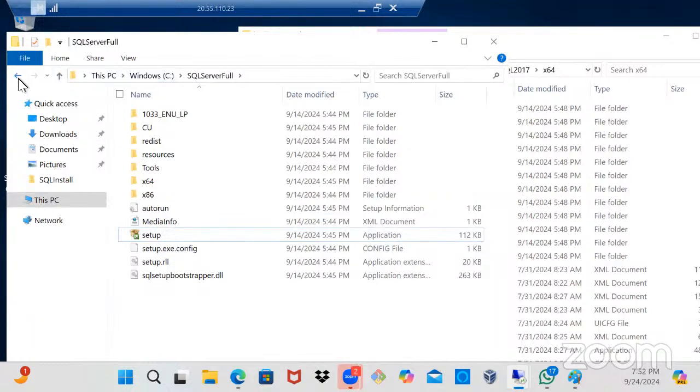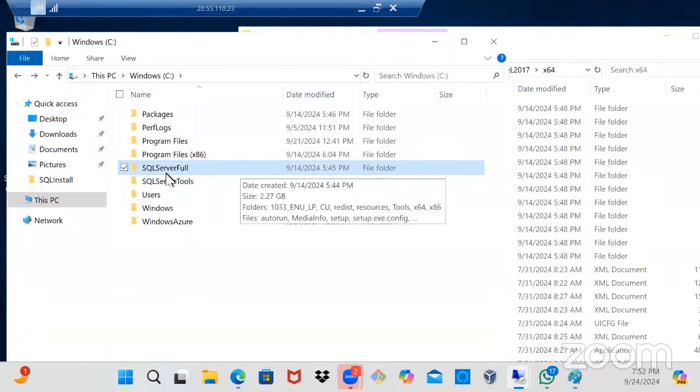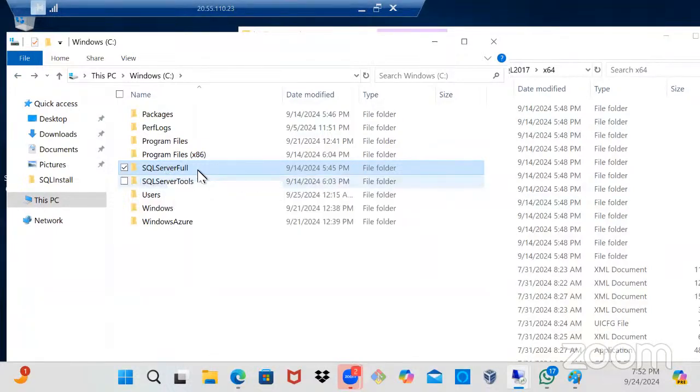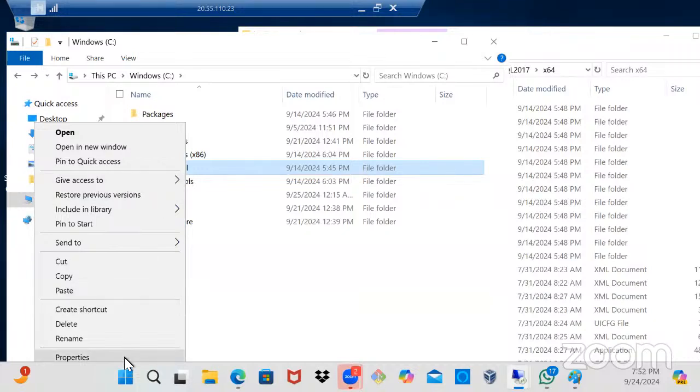Oh my goodness. How come I didn't see that? So they kept it in their C drive. Yeah. So in your own case, just come to SQL Server Full. You see it? When it's like this, just right click it, say properties,